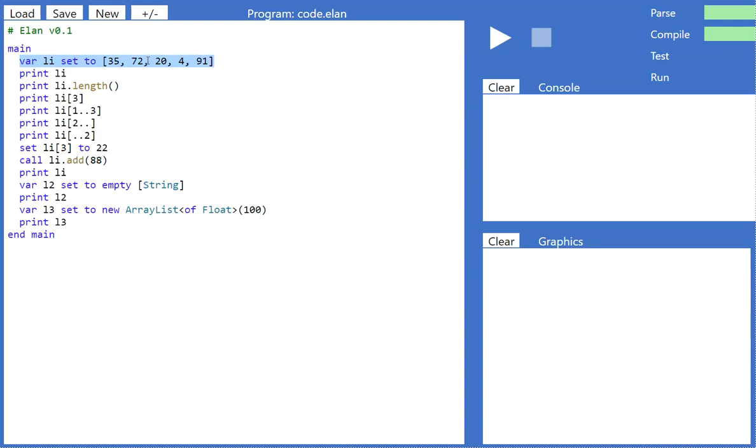We're now going to look at lists, and in the first line of my example code here I'm defining a list of 5 integers. Now in Elan, every member of the list has to be of the same type. In this case the type is integers. The type might be float, it might be string, it might be another kind of list, it might be a type that you've defined as a class,